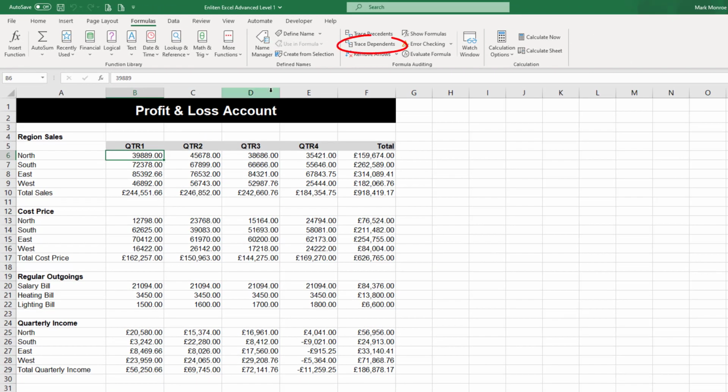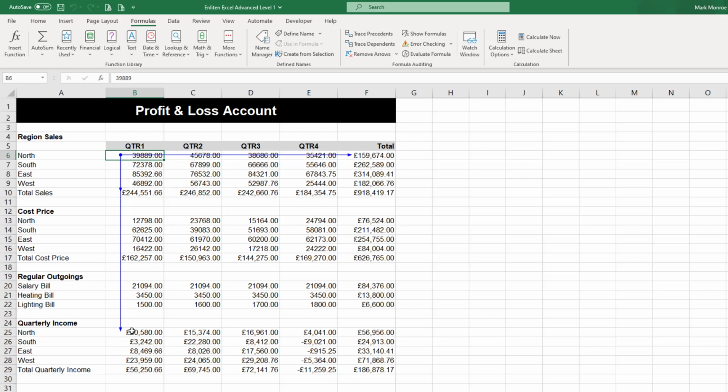And so by clicking on Trace Dependence, you'll see it draws the blue arrows, and every cell that contains an arrowhead indicates that those cells will be altered. You can see that this number here feeds the total over here, the total here, and the total at the